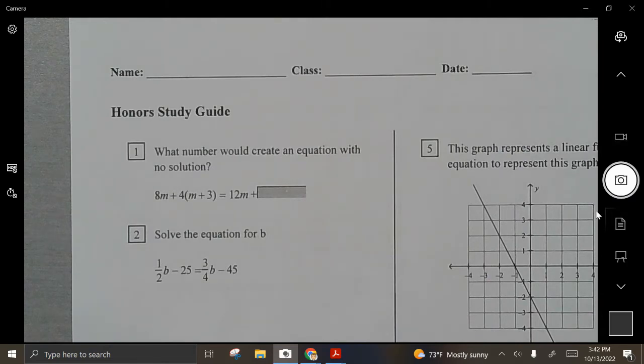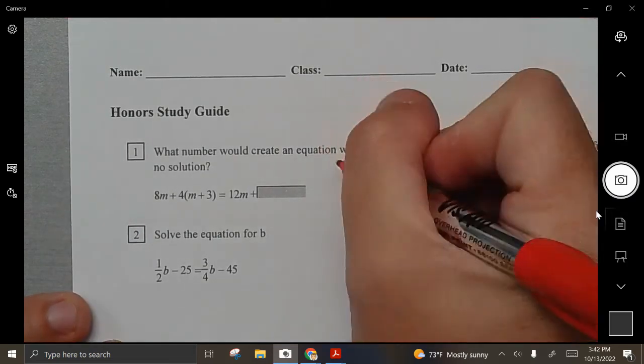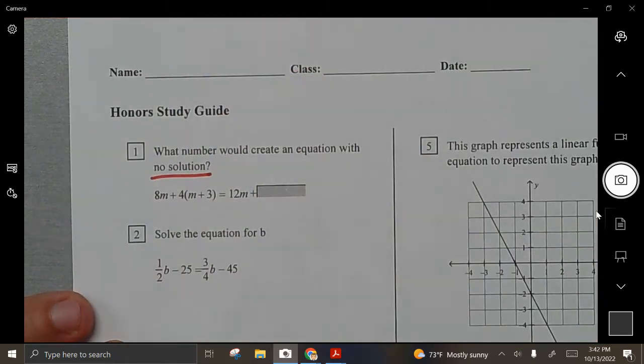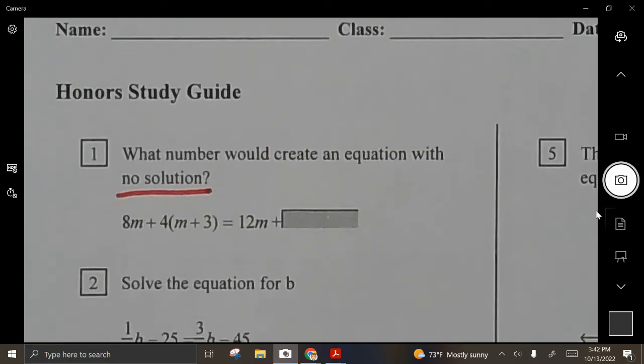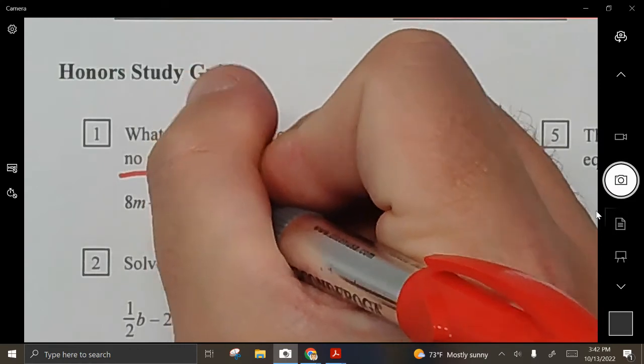When we look at this right here, we're looking at the words "no solution." So you have to give them something that would be no solution. Which number would create this? We're actually pretty good at this. We've done a bunch of problems on this. So when you do the first side, let's look at everything on this side first. You're going to do that jump